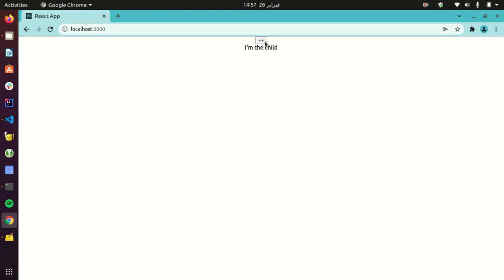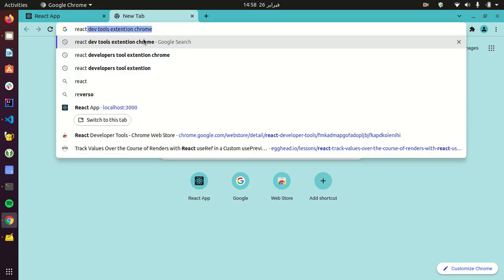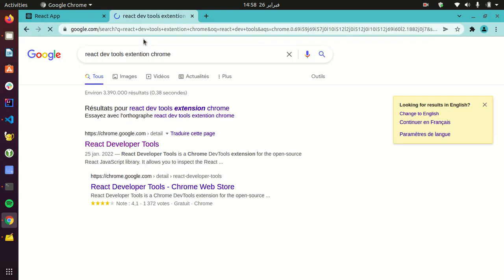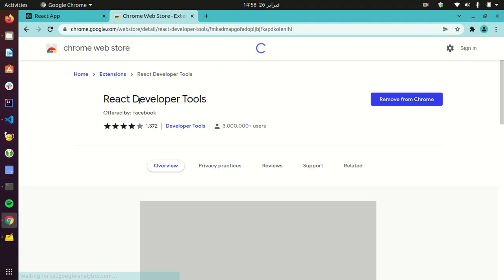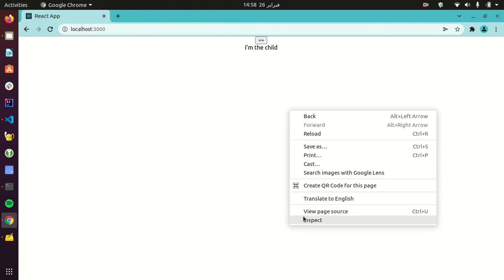Of course, you can't see anything because it happens, but you can't see it. Now we're gonna find out which components rendered and how and why. First, you need this extension, React Dev Tools. I'm using Chrome. You can find it on Firefox or whichever browser that you're using. Already got it installed. So now I can just go to the DevTools,